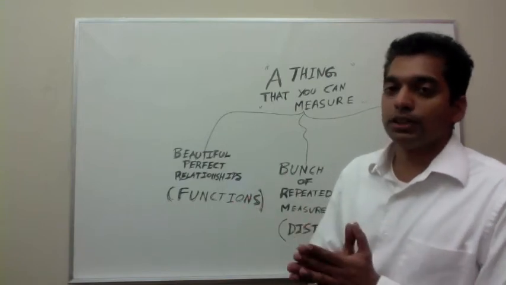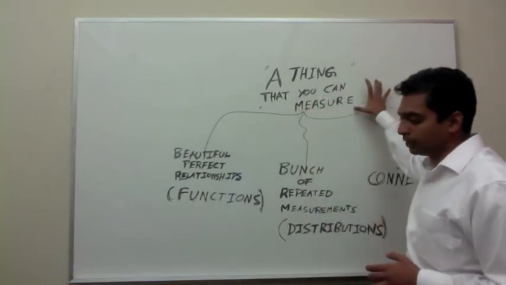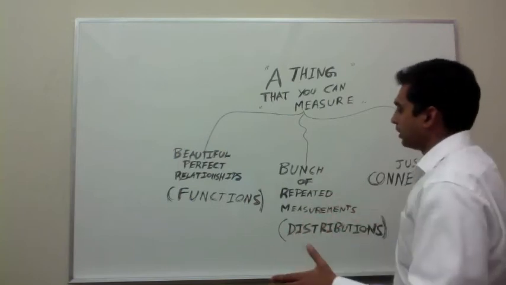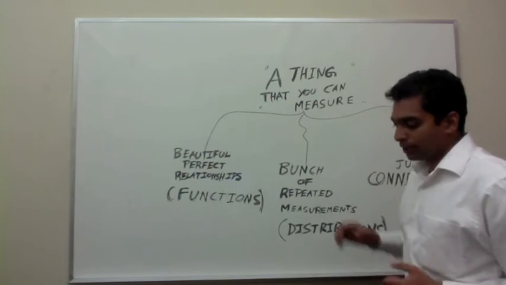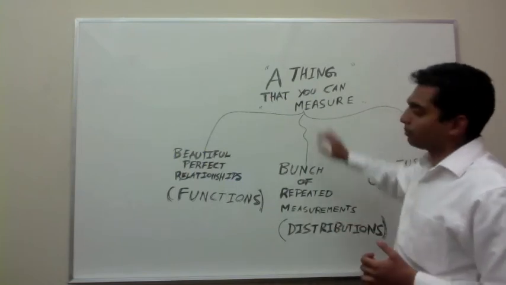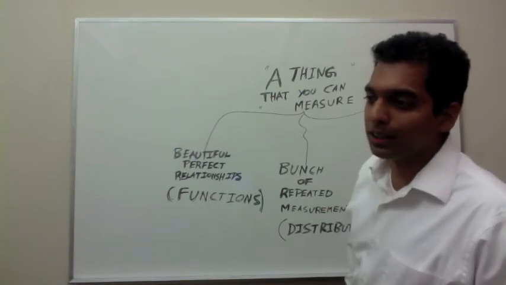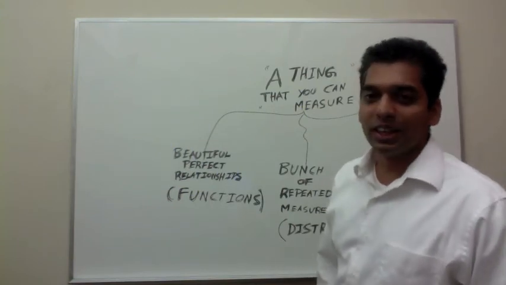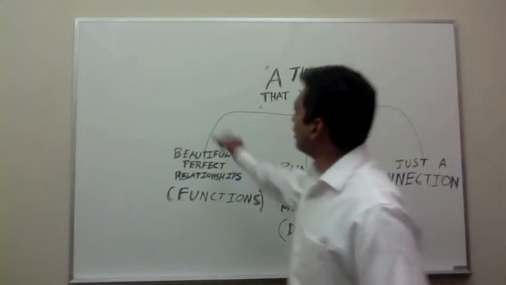Now that you know how to measure something, which is at the top here, anything that you can measure, there are three branches that deal with what you can do with this thing. First is, let's say you measure something over and over again. Mathematicians typically like to flip coins or throw dice, but being MBA students, let's say you go to a bar and take this